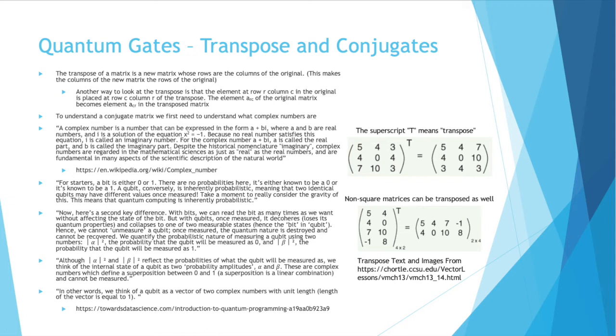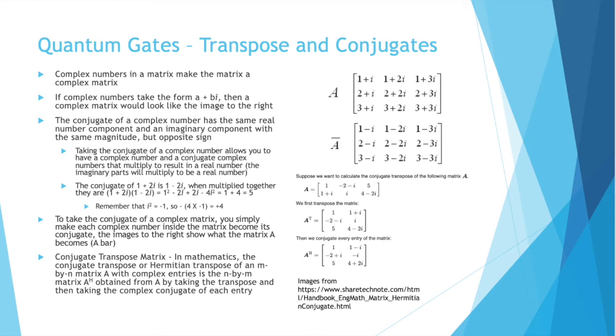So you can think about the internal state of a qubit as a probability amplitude, alpha and beta. These are complex numbers, which define a superposition between 0 and 1, because the qubit exists between 0 and 1 until we observe it and collapse the superposition. So qubits can be represented by complex numbers. And if we have complex numbers in a matrix, that matrix is a complex matrix, like matrix A in the top right. The conjugate matrix, A bar, so the second image on the right, looks very similar, but with one